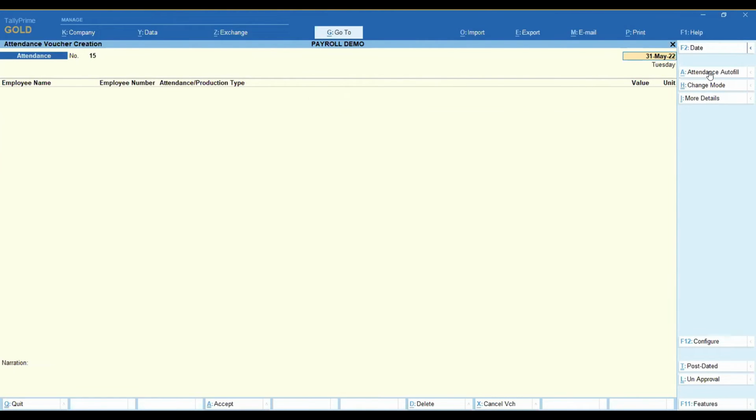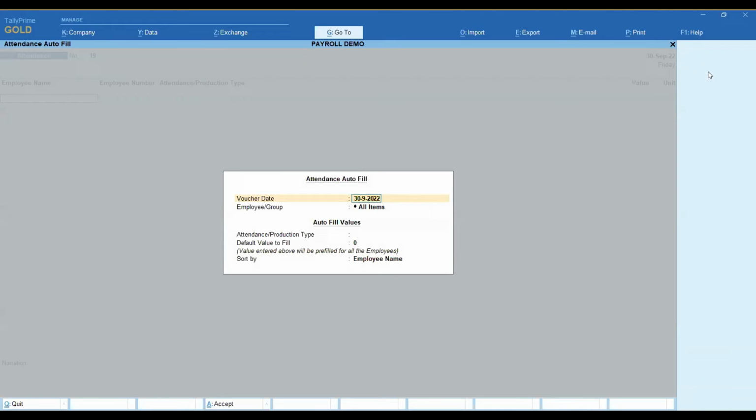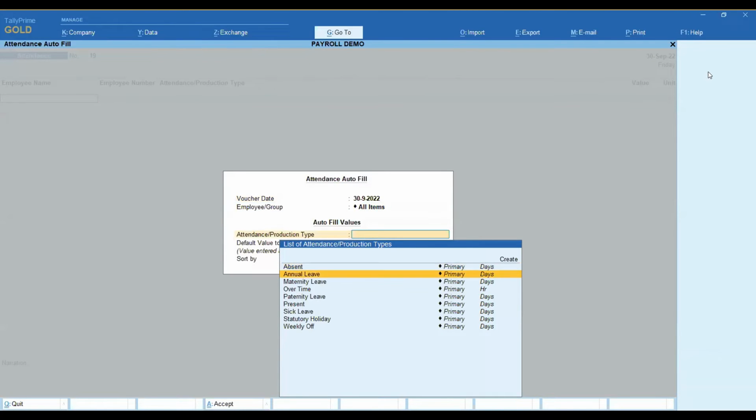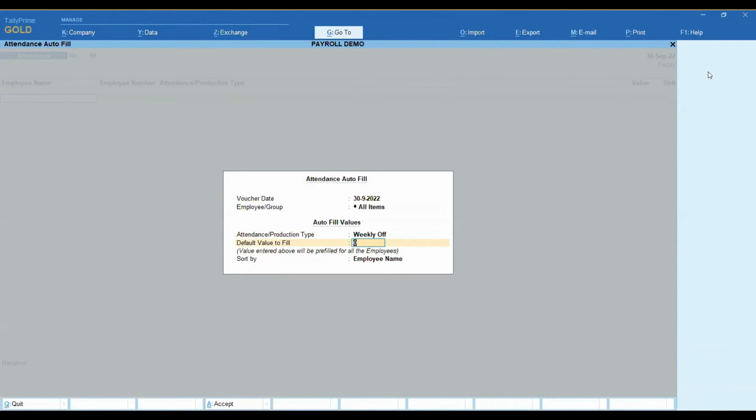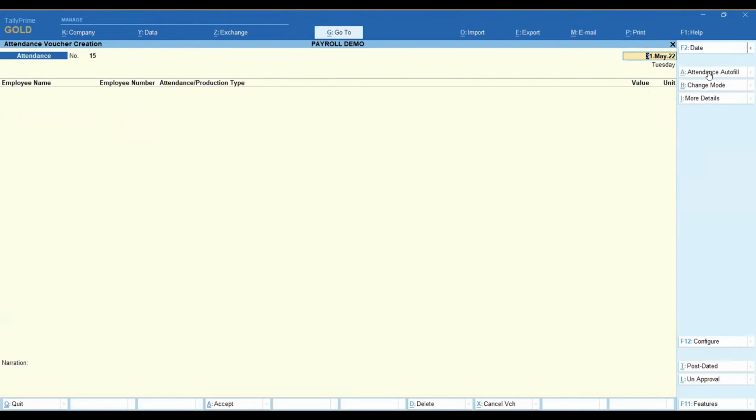And now we create another attendance list for the weekly off, which is the Sundays that I told you. So from here, you come and select the weekly off. And in that particular month, there were 4 Sundays. So everyone was absent on those 4 Sundays. You can save this. And then last but not least, we need to define for the employee who was absent